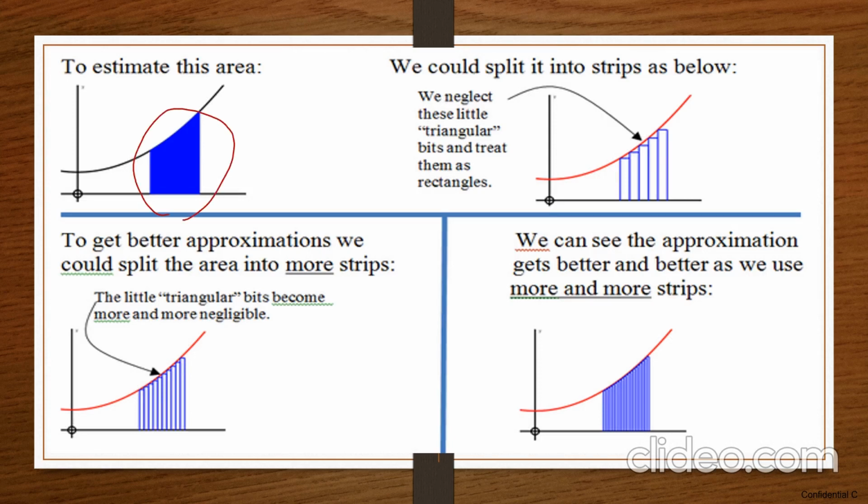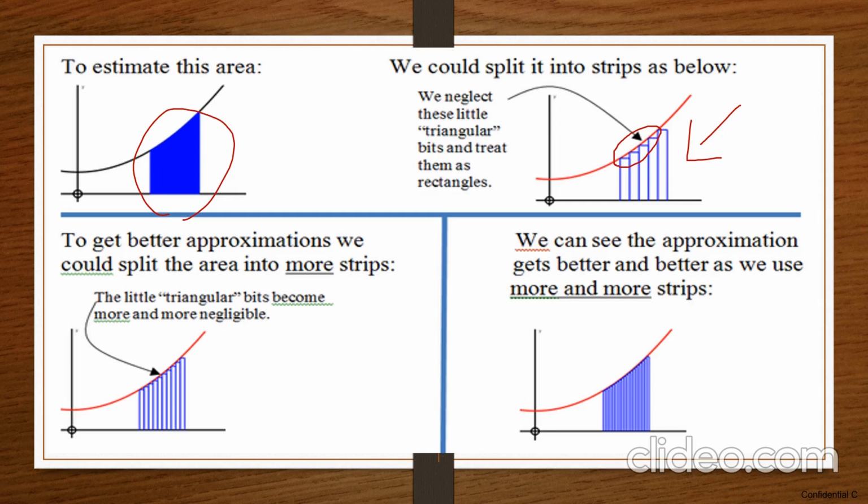As we don't have any direct formula to find the area of such a region, we are going for a shortcut method, that is, split the area of this region into rectangular strips as you see here. There is a way to split the area. But when you have a thicker rectangle, you might have some negligible area in the shape of a triangle. To avoid this negligible area, we need to have rectangles of a thinner shape, right?